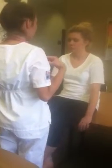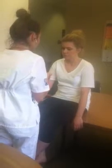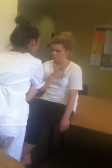Lung sounds were clear and equal bilaterally. I'm now going to assess the heart sounds. We're going to start at the right second intercostal space, which is the aortic, and then the left second intercostal space, which is the pulmonic, where S2 is heard greater than S1, and then the third intercostal space,